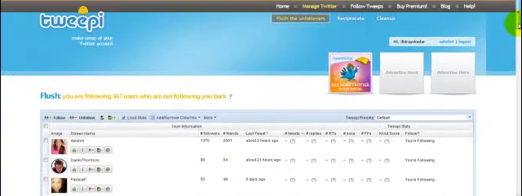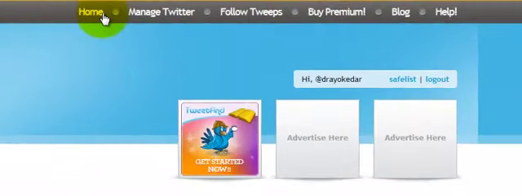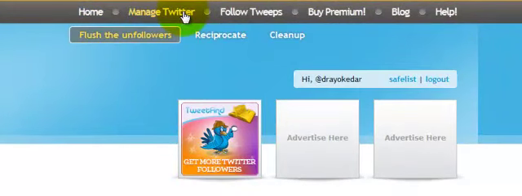Okay, guys, the reason that I really think this is awesome is because it's so easy and everything that you need is right here. Starting at the home page, you can click on Manage Twitter. You can flush out anybody who's not following you. Mind you, you want to wait about 72 hours to give someone time to follow you back.